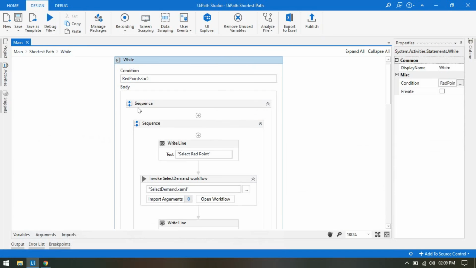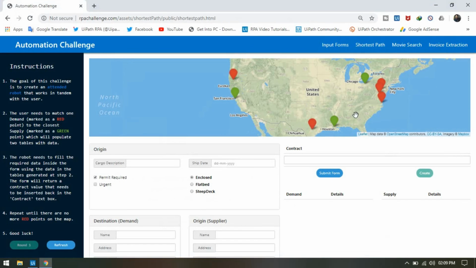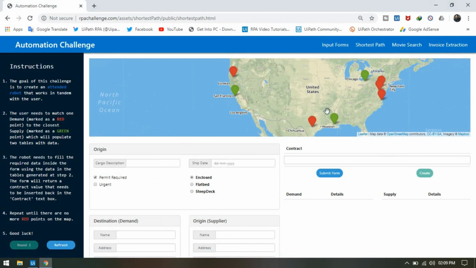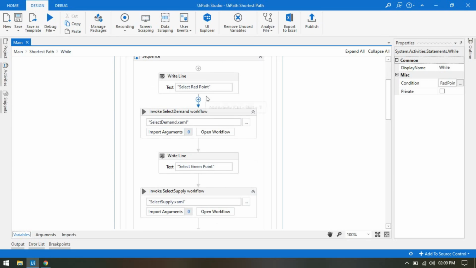Now here I am putting this complete round in 5. So we are checking here red points less than or equal to 5. Our variable, the red point, is first one. So first we are checking with the 1 point, and you can see I have checked most of the times that we have only 5 red points. So that's why I am just taking the 5 red points. So first time the red point will be 1. So 1 less than or equal to 5, yes. So it will enter into this sequence.